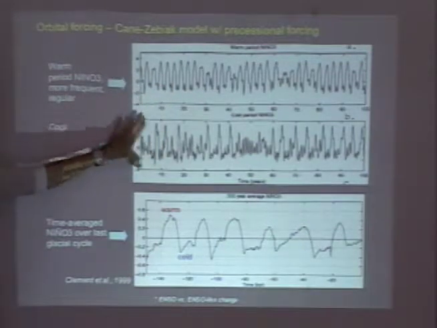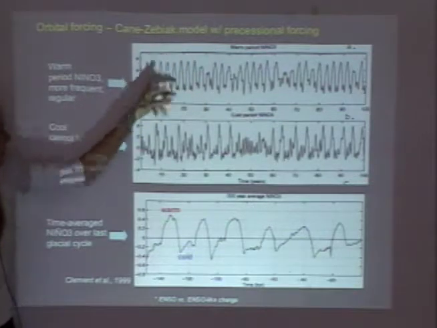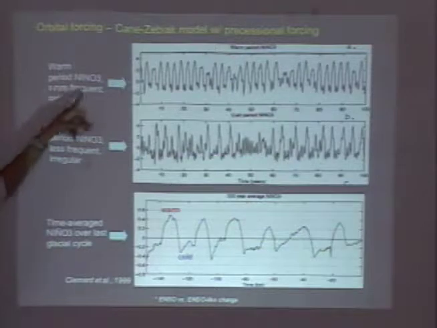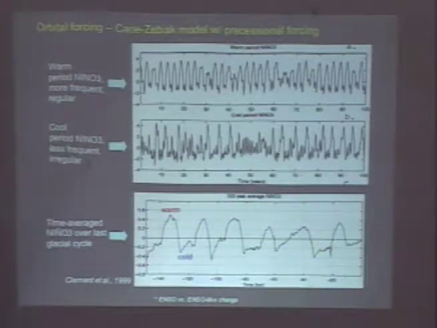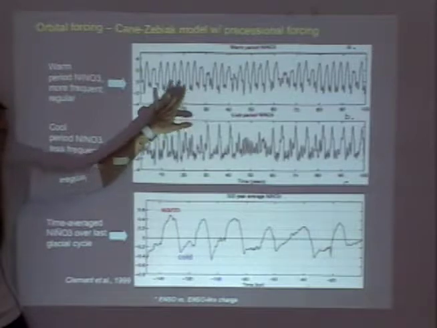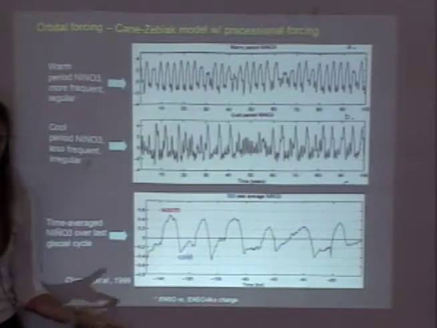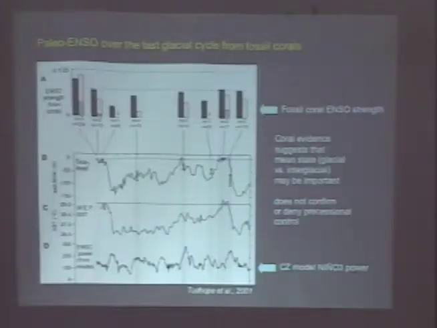And what you can see is that if you time average this, you're going to get more activity, more El Ninos up here. Here you get fewer El Ninos. So here you end up with more regular, higher El Ninos, and here you get less frequent, irregular El Ninos. So the oscillation between the Pacific being in this kind of state to this kind of state causes these 20,000 year cycles. Now this should be testable in paleo data. Okay, so we can go look at that now.